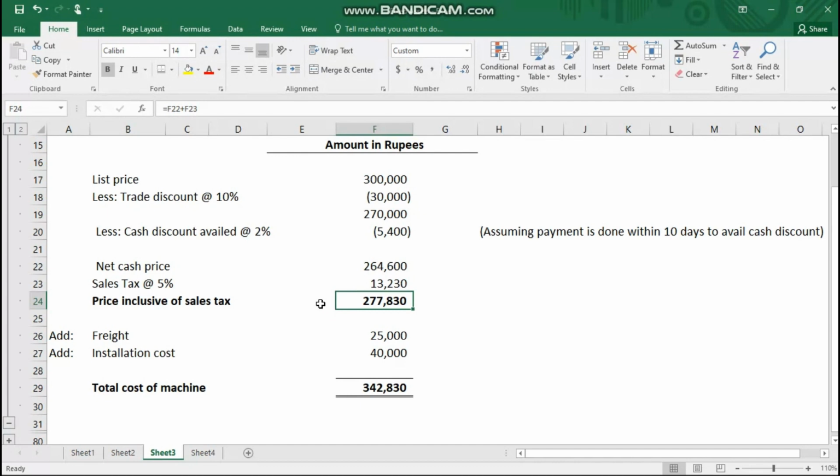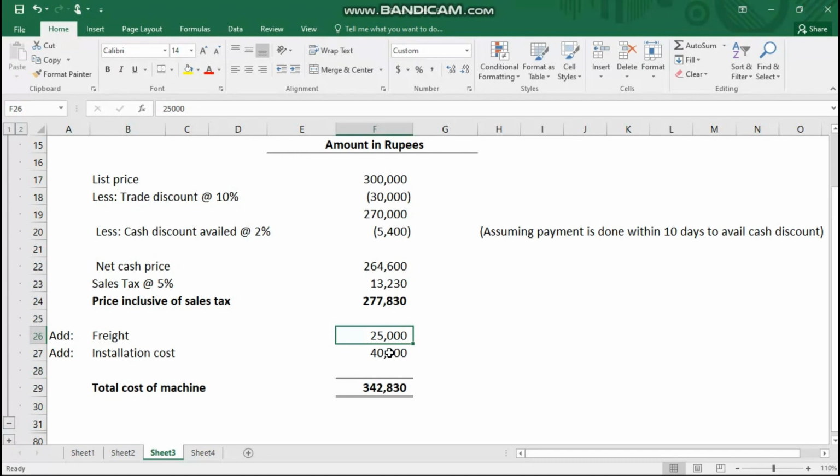इसके बाद मैंने कुछ और आइटम्स इसमें इंक्लूड करने हैं, और वो मैंने देखा कि इस मशीन को ट्रांसपोर्ट करने के लिए कुछ कॉस्ट इनकर हुई, जो कि फ्रेट है। जहाँ से मैंने मशीन परचेज की होगी वहाँ से फैक्ट्री तक लाने के लिए कोई ट्रांसपोर्टेशन कॉस्ट इनकर होगी, कोई फ्रेट इनकर हुआ होगा, वो है 25,000 रुपीज़। तो वो फ्रेट भी मशीन की कॉस्ट में शामिल हो जाएगा। क्यों? इसकी डेफिनेशन आपको याद कराऊं कि कोई भी परचेज प्राइस, इंपोर्ट ड्यूटीज, ट्रांसपोर्टेशन कॉस्ट, any directly attributable cost to bring the asset to its present location or condition for its intended use, ये उसकी डेफिनेशन है।